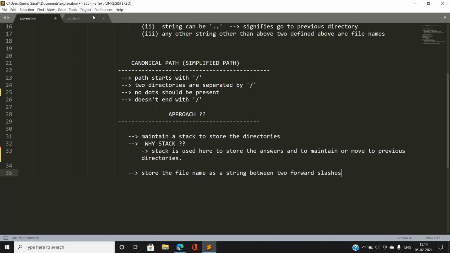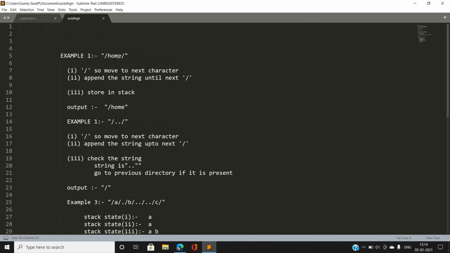Okay, so let us take an example here. Suppose this is the path of the string of absolute path. Now suppose we have iterated from i equal to 0 up to string length - 1. Suppose I have encountered a forward slash, so it is denoting that the file name is going to start here. If I have encountered a forward slash, I am going to continue further. I'm not going to use all the steps below that, so I'm going to use a continue statement in the loop.